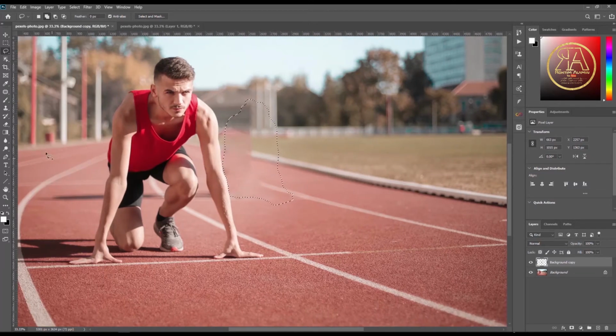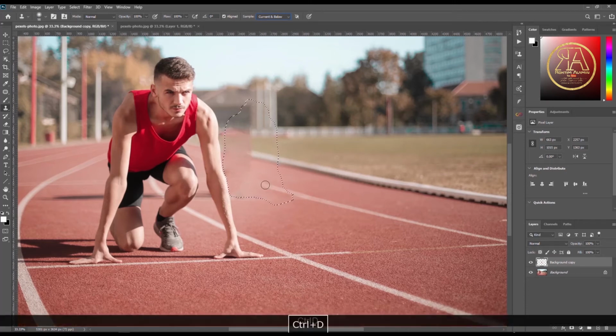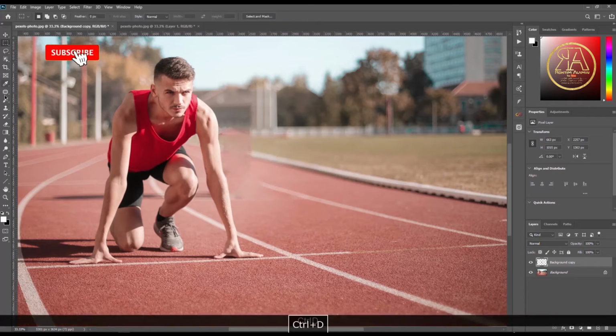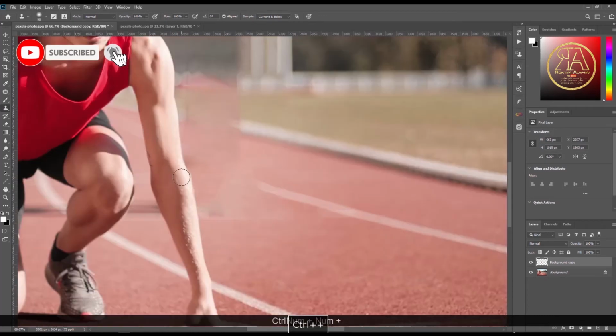Now go to the clone stamp tool and make sure you have selected current and below. That will replace the area or the pixels using the current layer or the layer below. Control D to deselect the areas. Let's see why it's not working. Go to the selection tool and Control D. Go to the clone stamp tool. Now let's make a